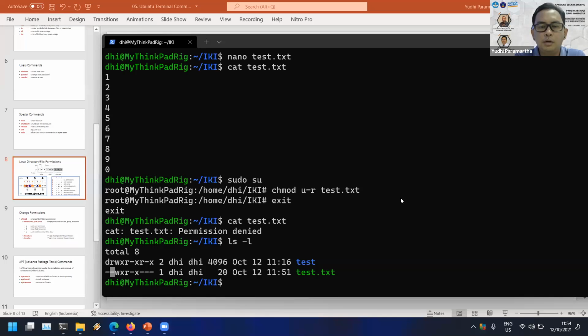For example, when you are using the web server, the other user must have a read permission. So we could, for example, open an image from the web browser, because the other permission has the read permission.